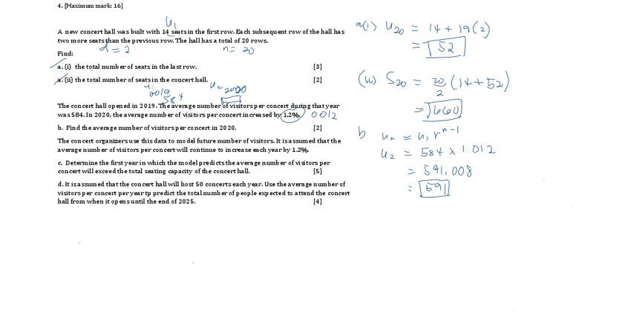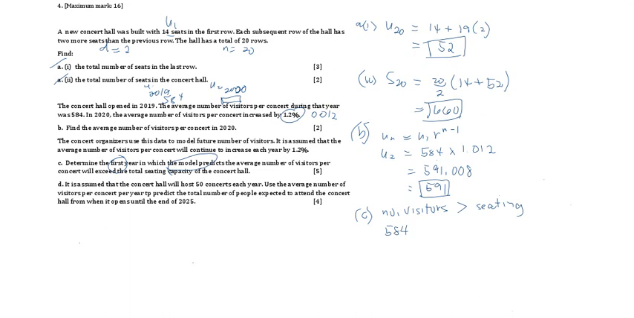The concert organizers use this data to model the future number of visitors. It is assumed that the average number of visitors per concert will continue to increase each year by 1.2%. We have to determine the first year in which the model predicts the average number of visitors per concert will be more than the hall can accommodate, more than the seating. And for the number of visitors we will use the previous model. So